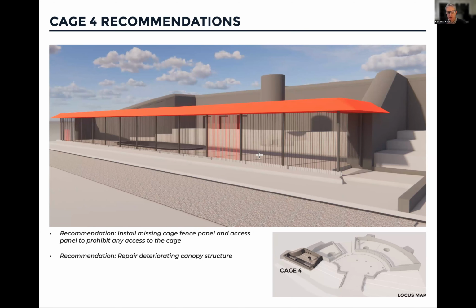And what I had mentioned earlier was, with that metal cap being intact, we've looked at it very carefully, and one or two things could happen. We could remove the metal cap so there was no danger of it falling, or it could be restored and made stable. And that decision largely will be made depending on cost, because there's a finite budget for this project, and all these different needs that we've mentioned will have a price tag attached to them. And this red highlighted panel here and on the end, we would fill in with matching fence panels to limit the access to the space.